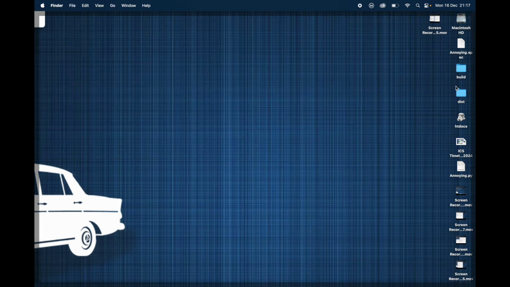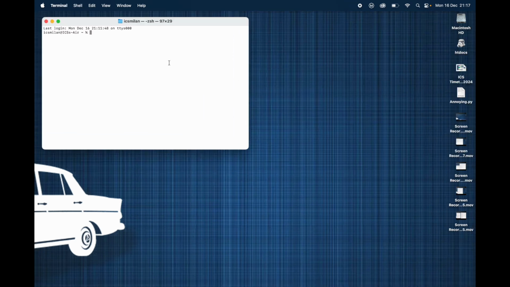Then I'm going to go to my desktop here and I'm going to highlight all of this. I'm going to press Command Delete so that we're going with a clean start. And then we write PyInstaller, and I'm going to put it in one file. And then I'm going to put --windowed, and then I'm going to call it annoying.py. Right. So now I've brew installed python-tk. Now I'm going through and doing PyInstaller one file windowed annoying, and I hit enter,